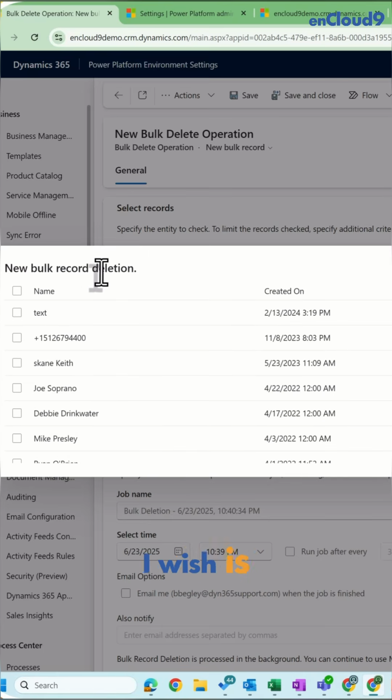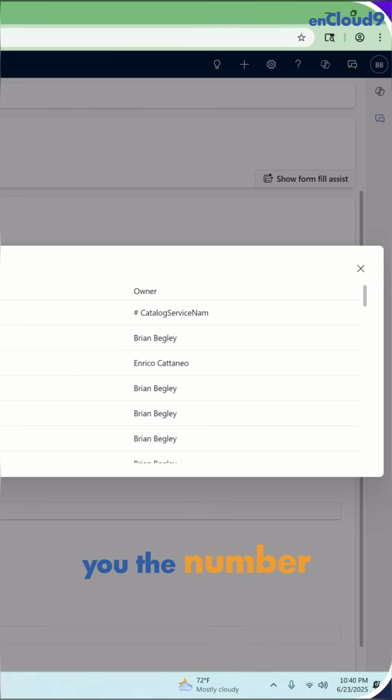The only thing I wish is that when it gives you this preview, it would tell you the number of records in this view. That is one downfall of this way of doing it, but you don't get that deletion to say how many records are in this view. So